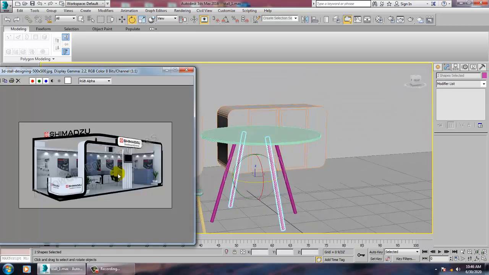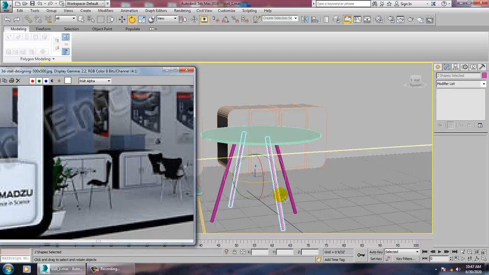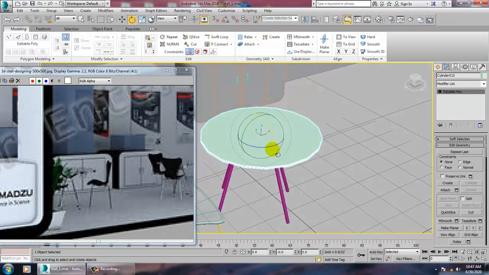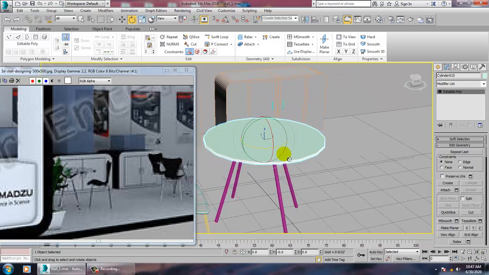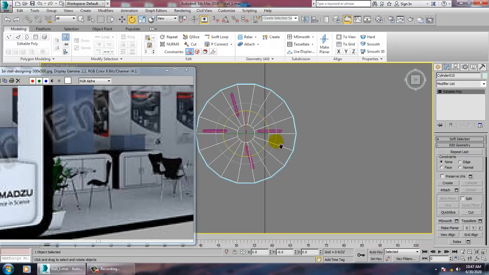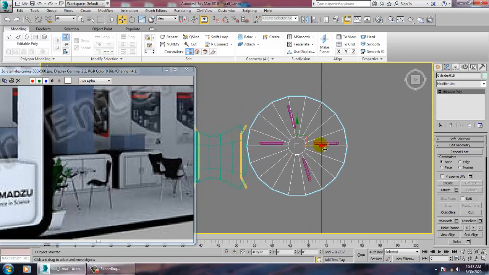We need to get a perfect reference for that. Not a problem. So we'll just push this till here.